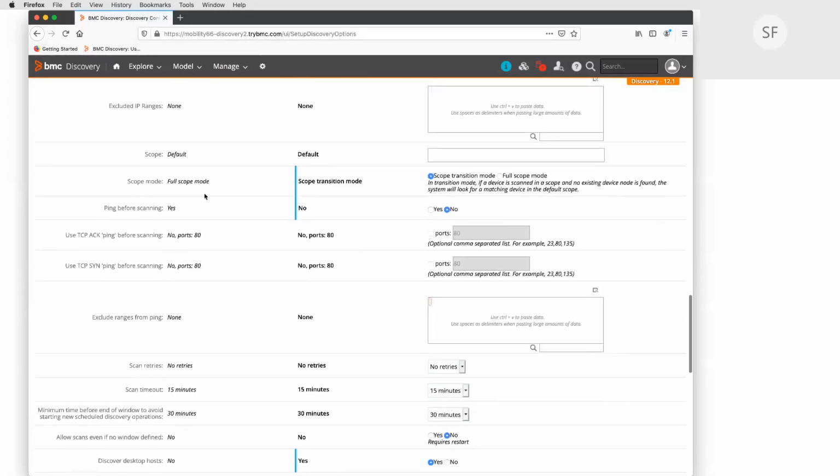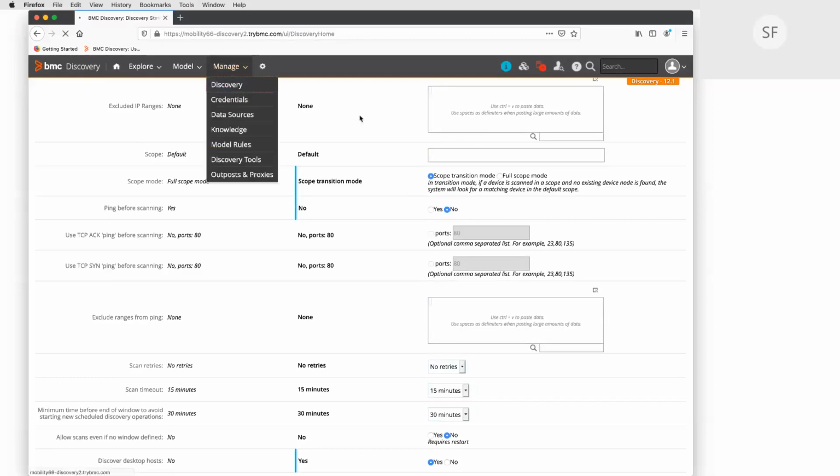So here's the scope transition mode that I was talking about, where you can go back, a one-time thing, to go and set up the scope transition mode. And then here's where you would put in your scope. So it could be perhaps a name that's familiar to you of the data center that you're scanning, or a location. Maybe it's a New York scope, or any other identifiable thing that you want to use, because that'll be what makes those duplicate IP ranges unique at that point. And when you scan things via SSM, we're going to go ahead and add a scope for you